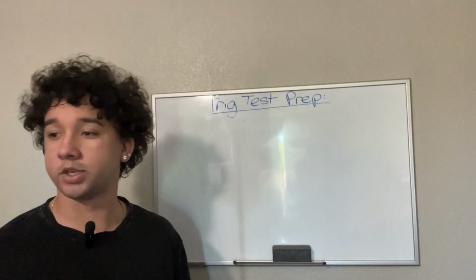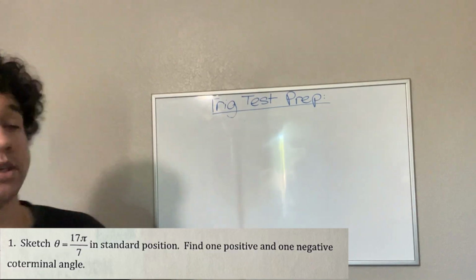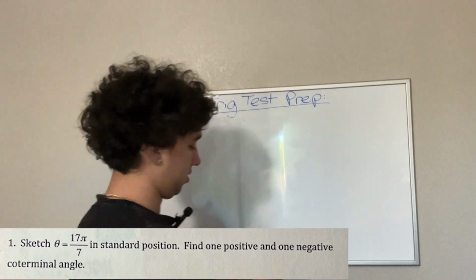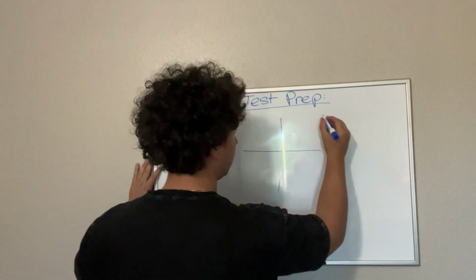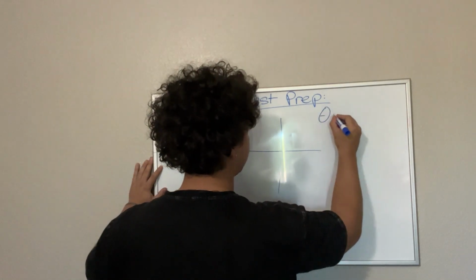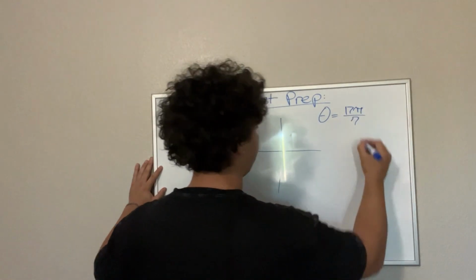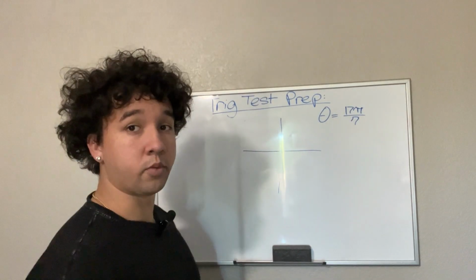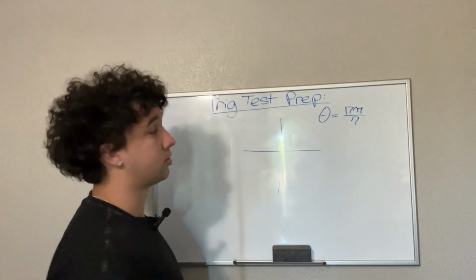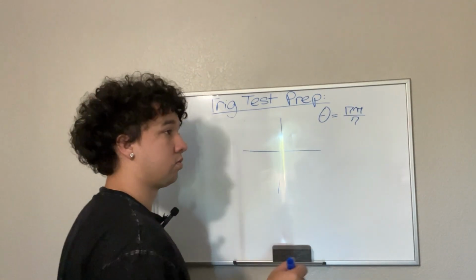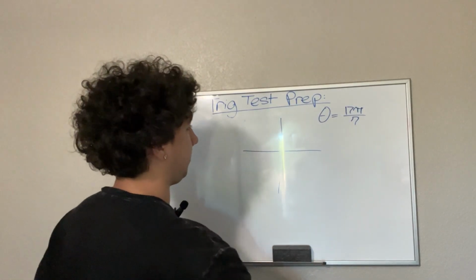All right, so the first question reads, sketch theta of 17 pi over 7 in standard position. Okay, so let me draw this. We got theta, in other words, the degree, is equal to 17 pi over 7. Well, how do I do this? The first thing that I'm going to do is recognize the fact that this is actually a coterminal angle, meaning that this is coterminal to the principal angle or the reference angle in this case,